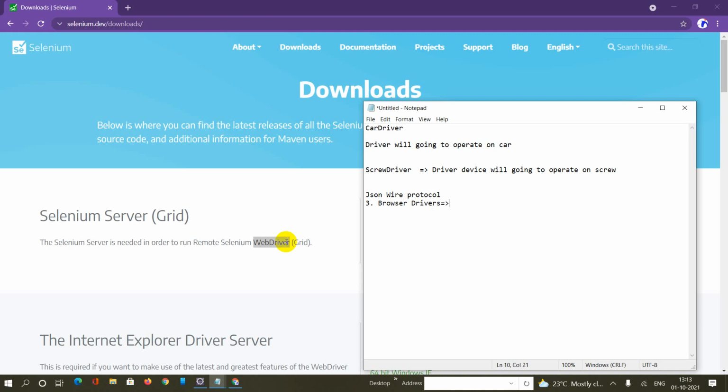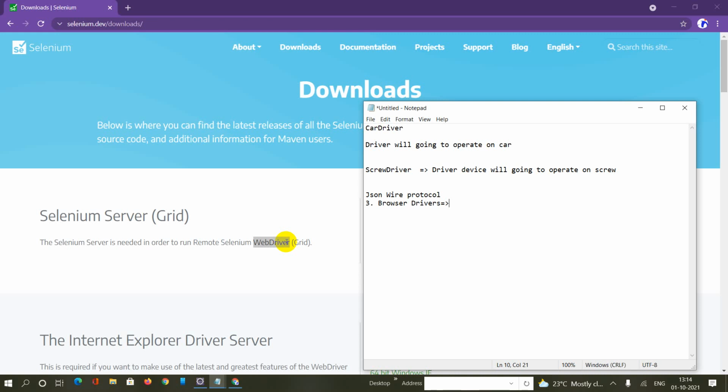As such, browser specific binary files are available that hide the implementation logic from the end user. JSON wire protocol establishes a connection between the browser binaries and the client binaries. Selenium will only be able to run tests on a browser.